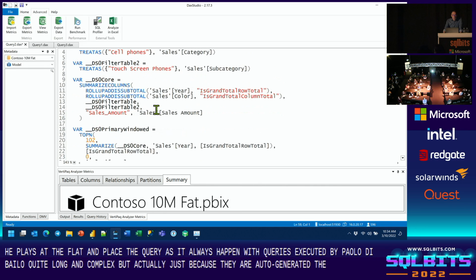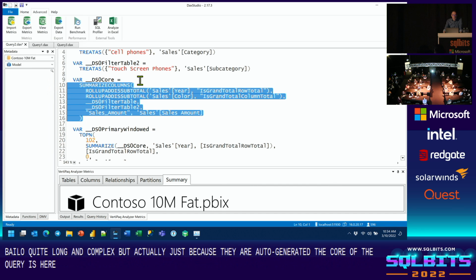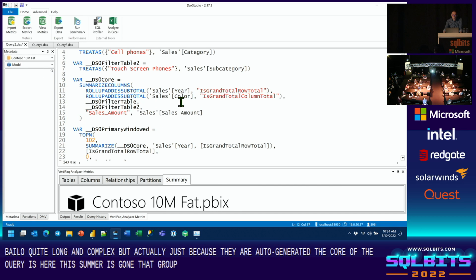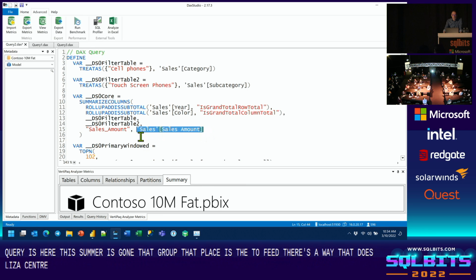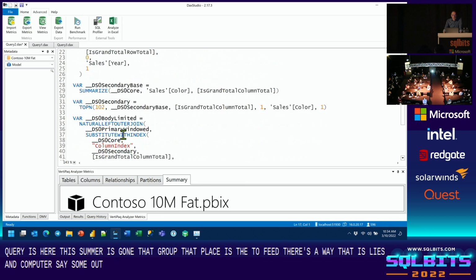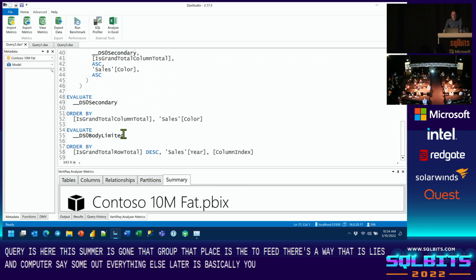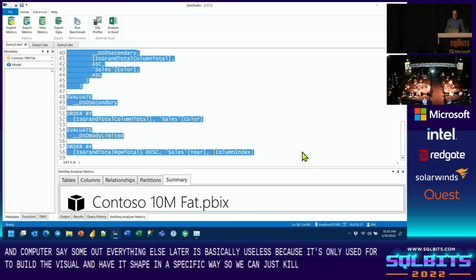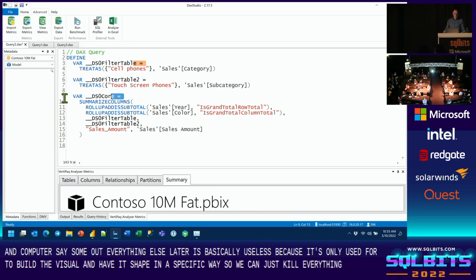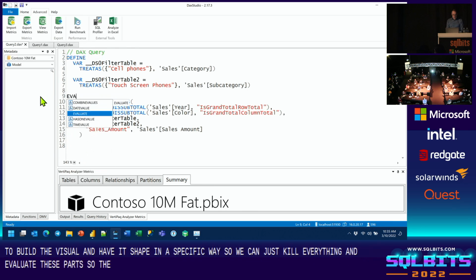The core of the query is here, the summarize column that groups by year, color, places the 2 filters with the 2 slicers, and computes the sales amount. Everything else later is basically useless because it's only useful to build the visual and have it shaped in a specific way. So we can just kill everything and evaluate this part so that the query is actually much simpler